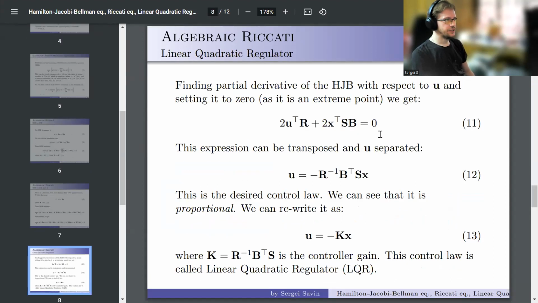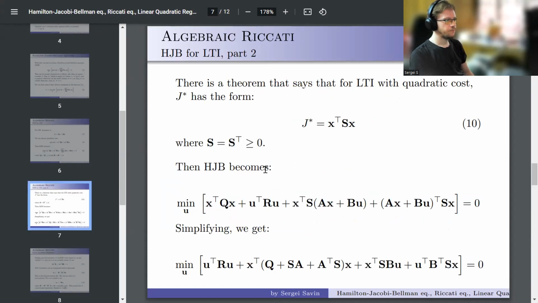Next step is to find the partial derivative of this equation with respect to U and set it to 0. So we say that the minimum of this equation with respect to U should be equal to 0. Since we know that this lies at the minimum with respect to U, we lie at the bottom, and we can find the derivative with respect to U, and we know that the derivative is going to be equal to 0, because anything that lies at the bottom